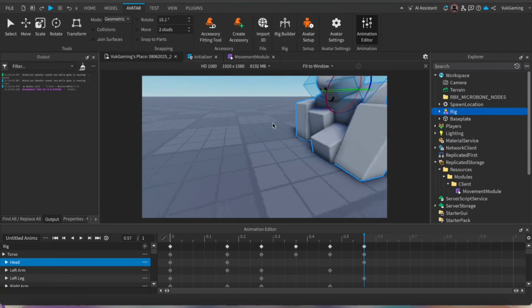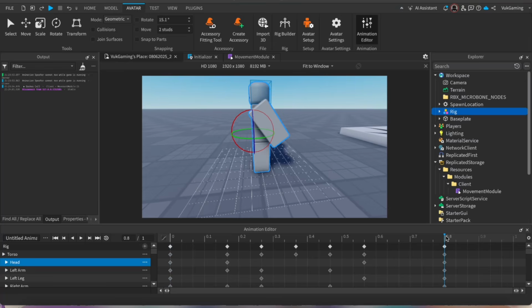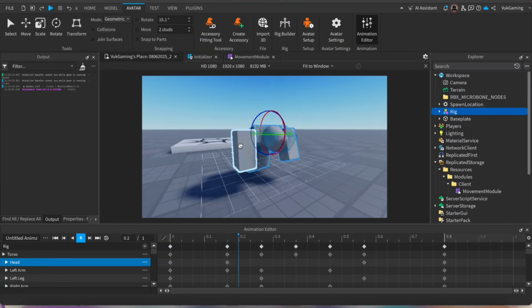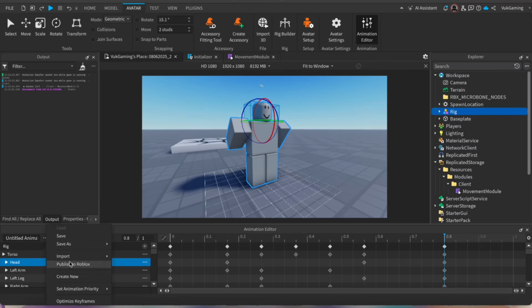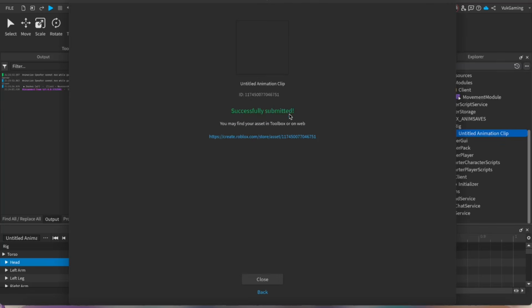Let's just raise our head by a little bit. Boom, and then we can just make it so we kind of stand back up right here. We're just going to copy and paste this frame. There we go. Boom, quick and simple roll animation. Looks pretty cool. What we're going to be doing right now is publishing this to Roblox, hitting save, and basically copying